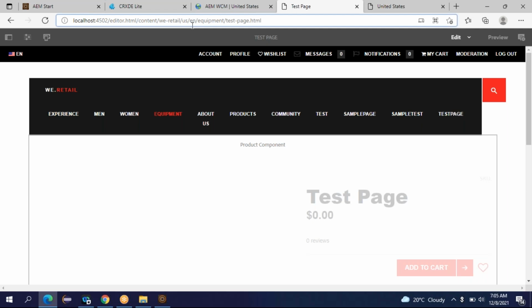This is the ideal structure of any website. So instead of EN, you can give anything: E underscore N, US underscore EN, anything you can give. It is not mandatory that you provide this name, but you have to follow the structure and hierarchy of your website in this way. This is the ideal structure. Why do you have to follow this?